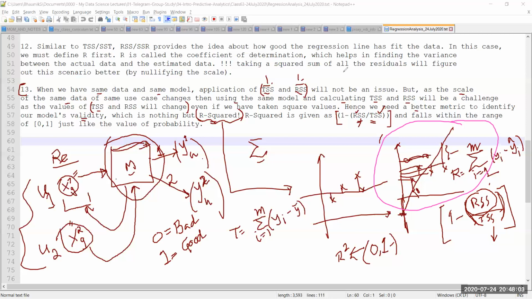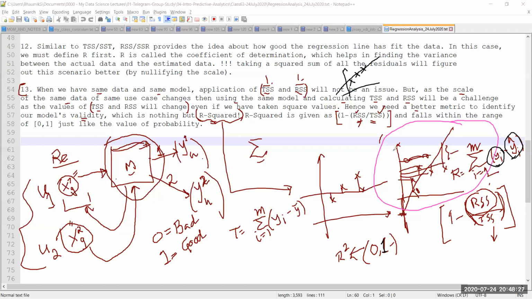I can say that RSS equal to 0 now means something like this. I had 3 points and I have a regression line which is exactly crossing through all the 3 points. That's why RSS can be 0, right? There is no difference between the actual and the predicted value. And that's the reason why the value of R square being 1 is considered the best,